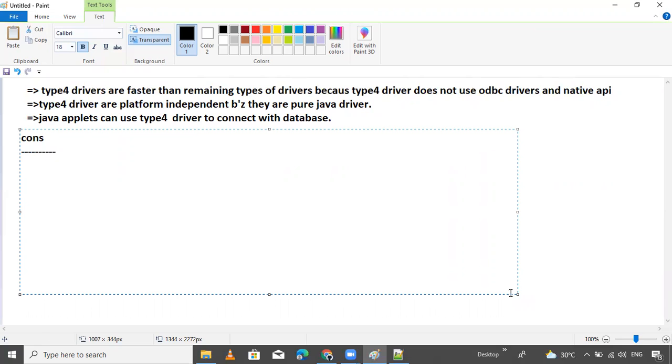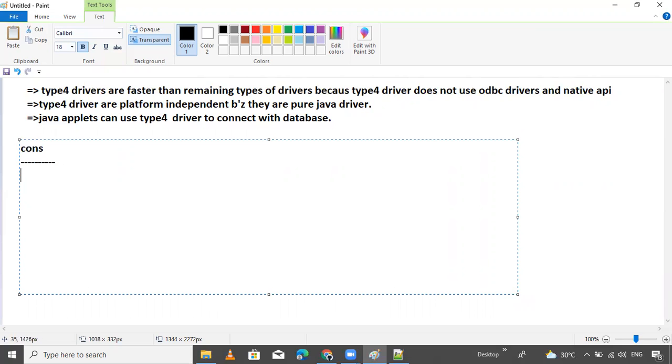What is the disadvantage? The first disadvantage is that the type 4 driver is database dependent.